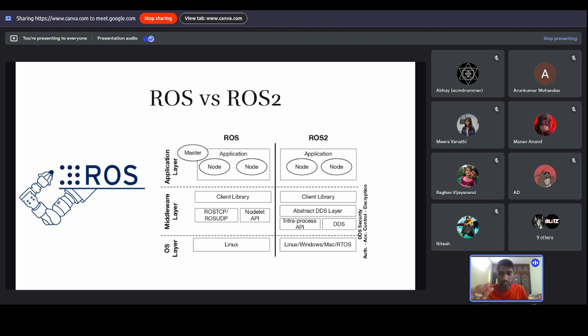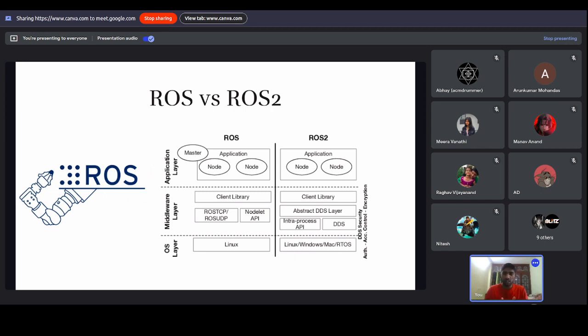As I said, in ROS1 we used something called a ROS master. What we had to do was connect every single node in our application to one single ROS master, which exposes us to more chances of failure. So if the ROS master of your program in a robot fails, no matter how good your nodes are, it's not going to work. A simple thing such as a failure of the ROS master can affect the entire process